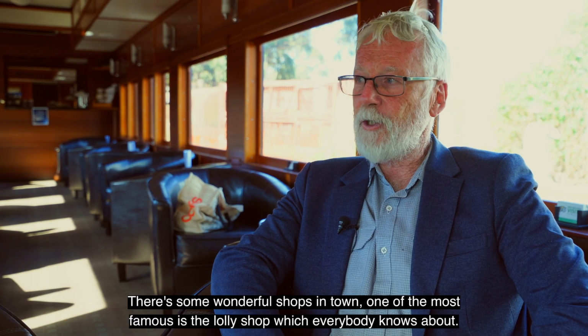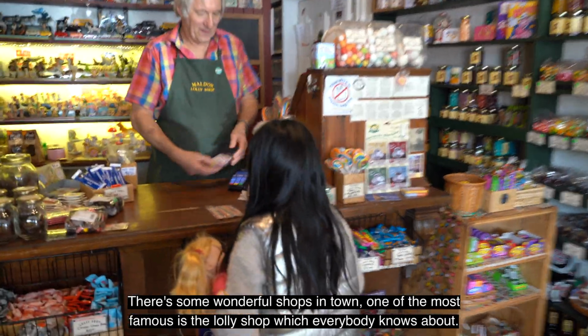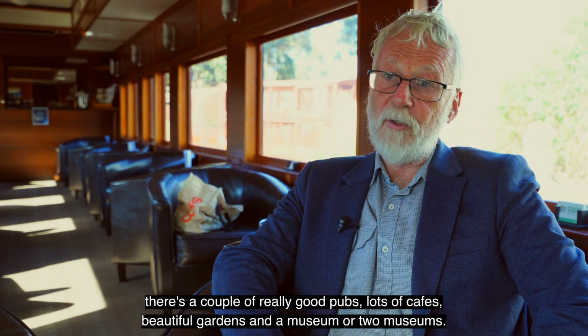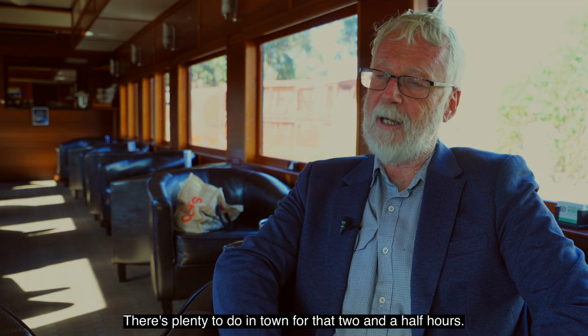There's some wonderful shops in town. One of the most famous is the Lolly Shop, which everybody knows about. There's a couple of really good pubs, lots of cafes, beautiful gardens, and a museum or two museums. There's plenty to do in town for that 2.5